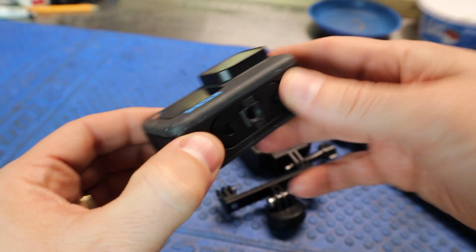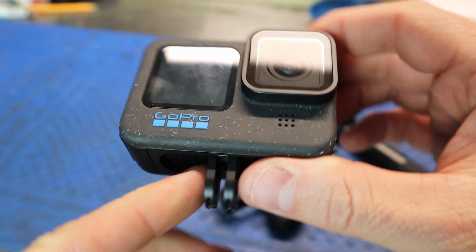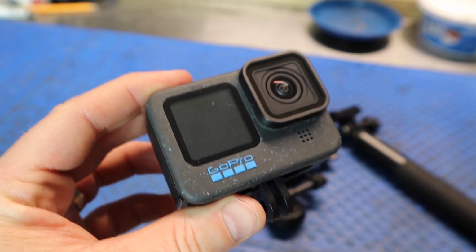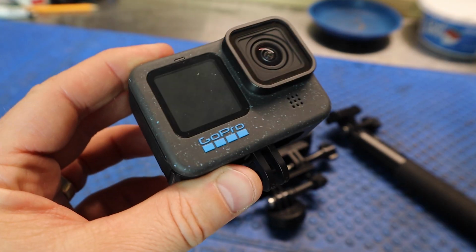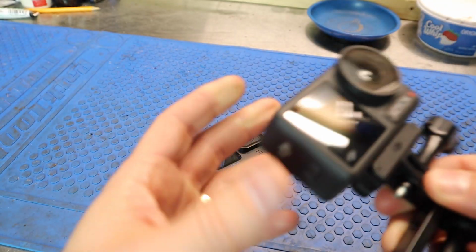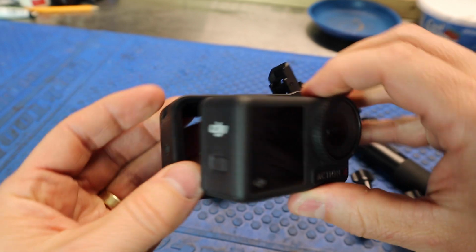Now, for the GoPro Hero 12, you have the traditional fold-out GoPro mount that you see with most action cameras, and this is really not as simple as the magnetic quick release. Now, there are options out there to make this transitioning from one accessory to another a little more simple, but in this arena, the Action 4 really excels, especially if you add in the external cage, which I really like